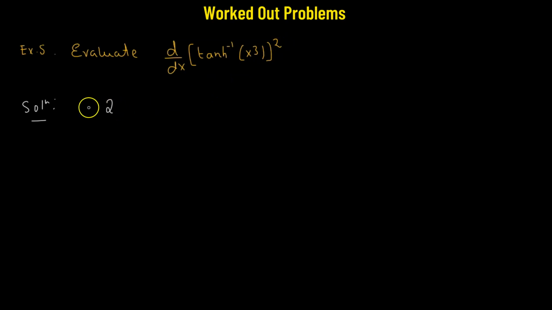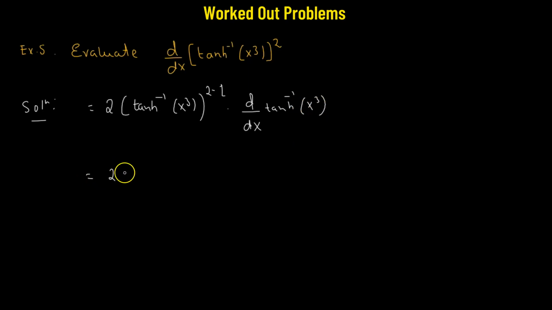So that will be simply 2 times the function, the inverse hyperbolic tangent of x cubed, whole raised to the power of 2 minus 1, multiplied to the derivative with respect to x of the function inverse tangent hyperbolic of x cubed. So this will be now 2 times the inverse hyperbolic tangent of x cubed times